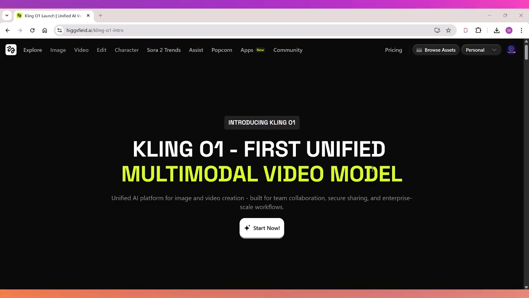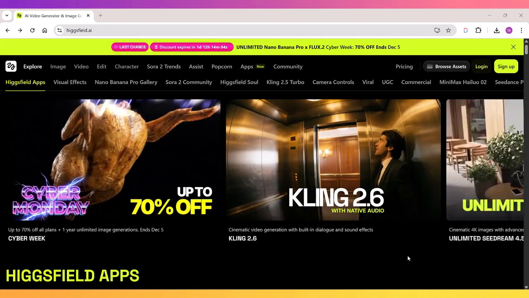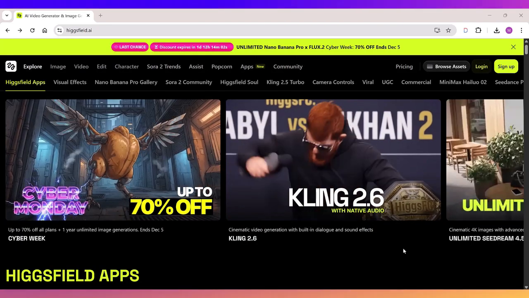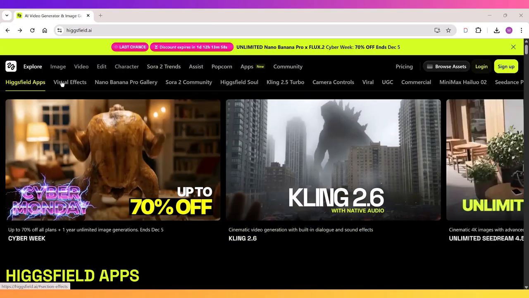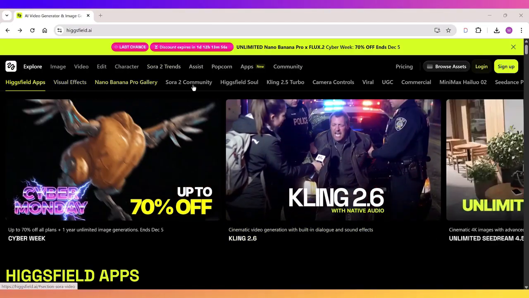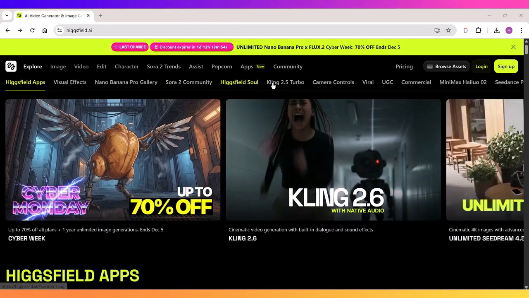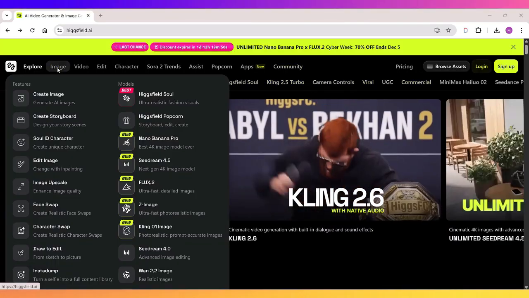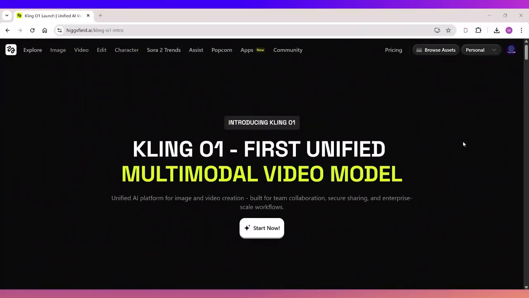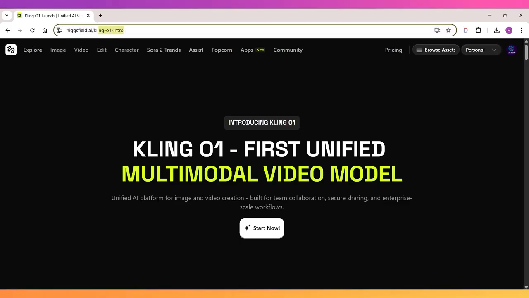This is Higgsfield's website, where you get all types of AI tools on a single platform. With just one subscription, you can access multiple AI tools. Higgsfield keeps adding new AI tools every single day so that users can get maximum benefit. Today we will review and test Kling O1. You can simply search Higgsfield AI on Google, or I'll leave the link in the description,